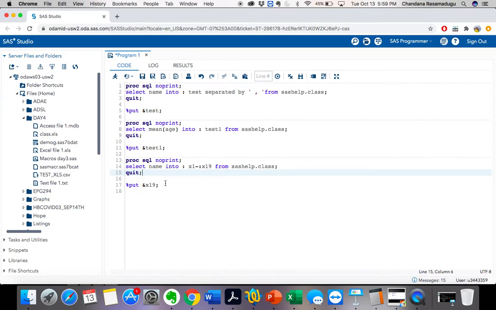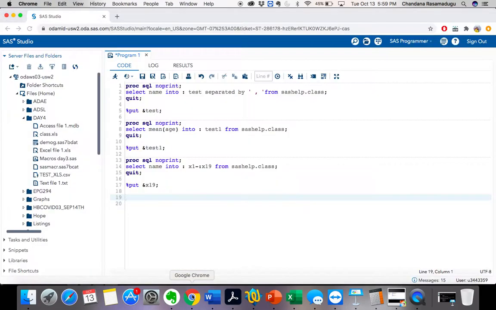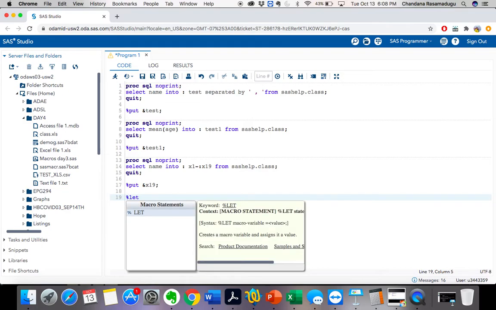Okay, so the next one is, what is the next concept that we discussed today? Calling macros by using multiple ampersand signs. See, for example, let's create a macro by using %let. Okay, %let.